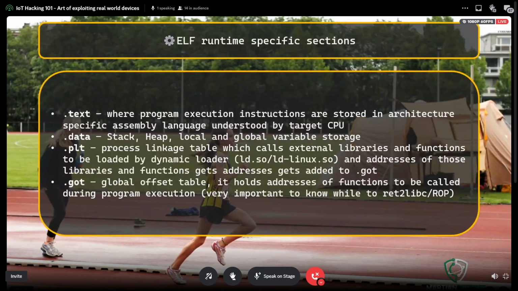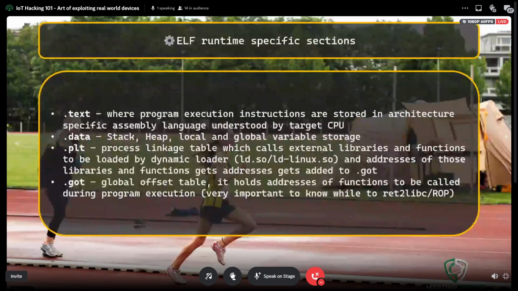Data stores all the variable storage. Procedure linkage table is for runtime. If your program is dynamically compiled, most of the symbols are looked up in the procedure linkage table. And if your program is statically compiled, most of the stuff is put into the global offset table.